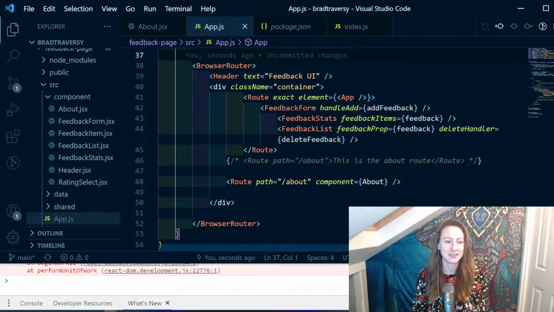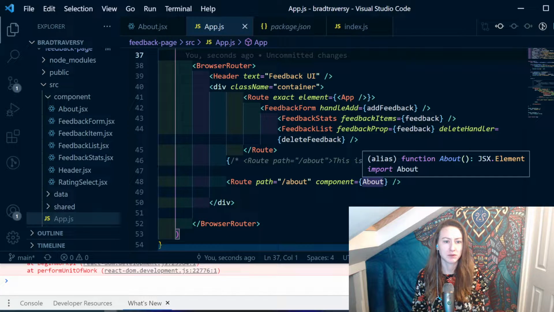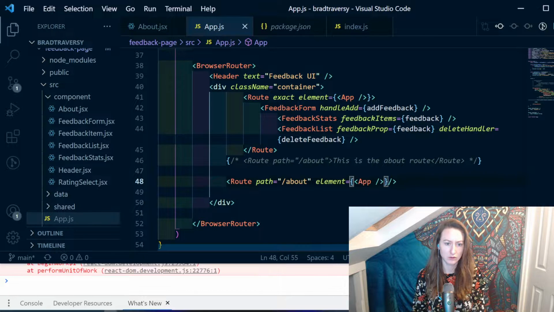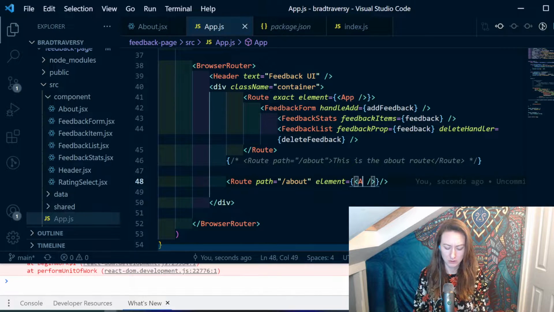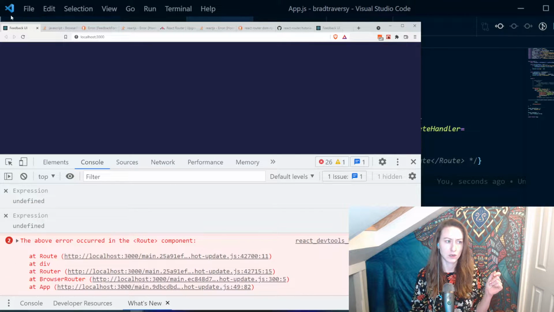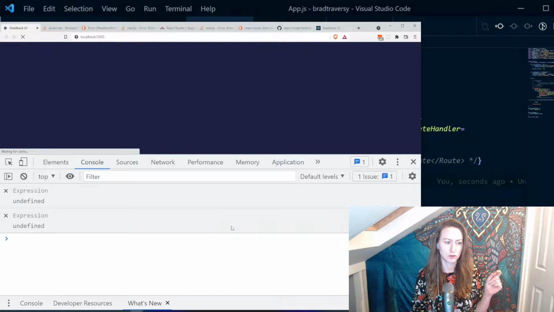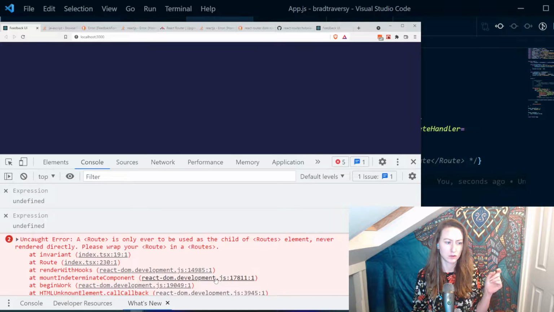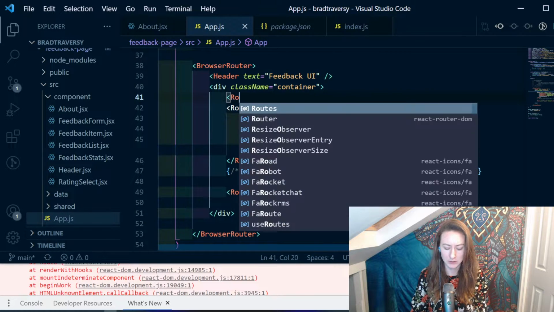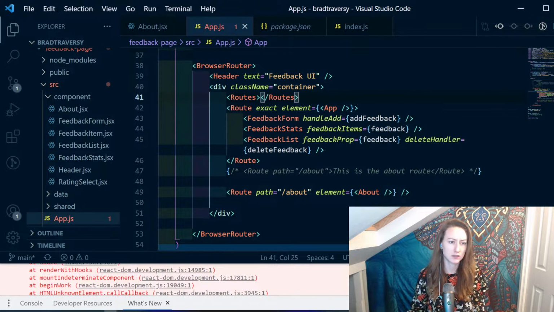And then component about, yeah, although it should be like this, sorry, element about. Let's see. Let's reload. Please wrap your route in a routes. So this is what we had earlier on, and I did do this and it did not like this, but maybe